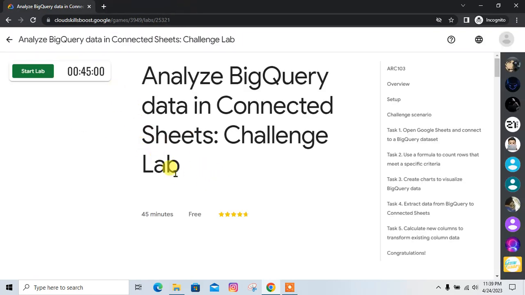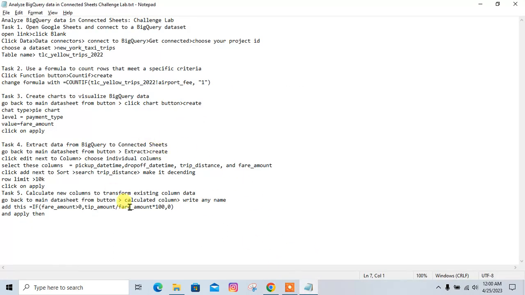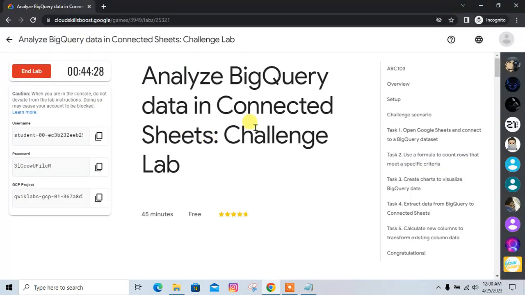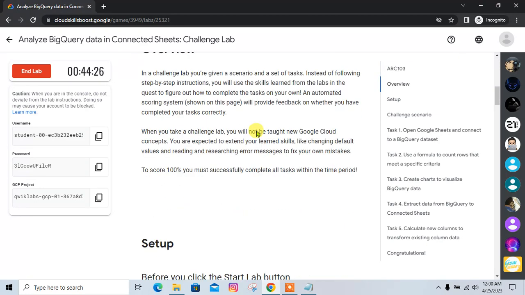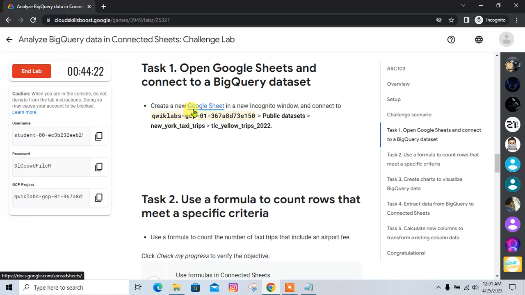Okay, first let me prepare a cheat sheet for this lab. Okay, guys, so we are ready, and here is our cheat sheet which we will follow for this particular challenge lab. Okay, so start it, and just scroll down, go to task 1, click this link,